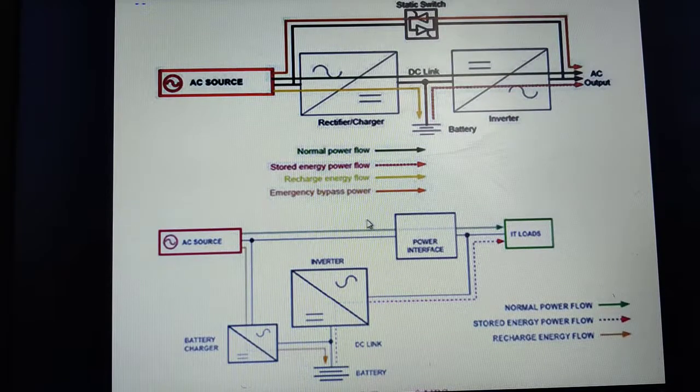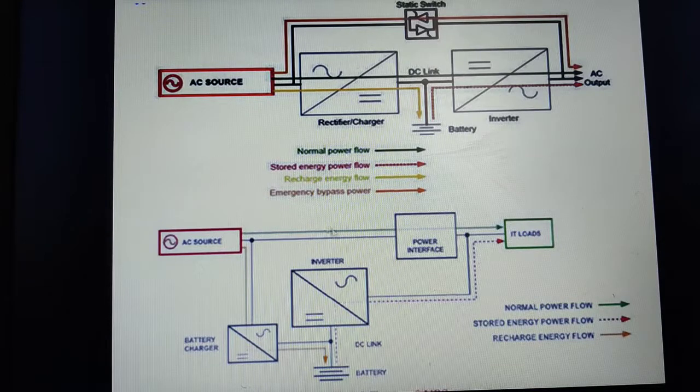UPS detects that there is no power supply, whatever power is being stored in the battery will be in the form of what? Direct current. When the power supply is provided from the electrical socket, the alternating current will be converted to direct current. Initially I said, all batteries, whenever you keep them for charging, will convert that alternating current to direct current, and that will be stored where? It will be stored in this battery. Can you see here? Battery.